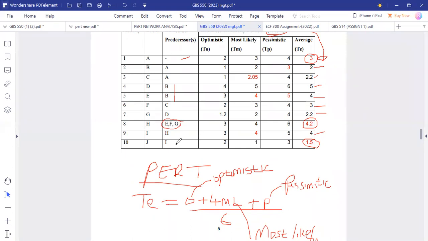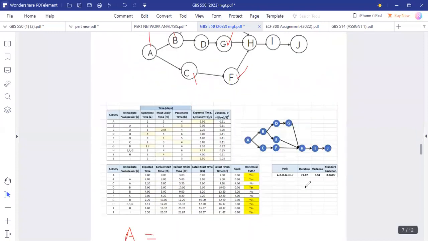Okay. And then I'm clear now. We can proceed. All right, then. So we have